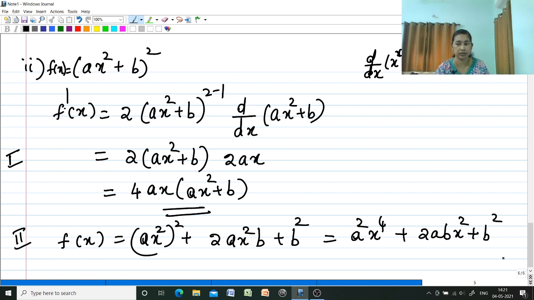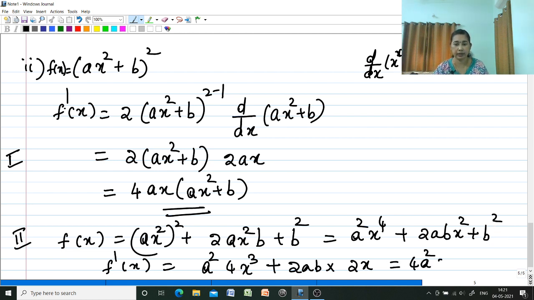Now find f dash x. f dash x is equal to, derivative of x raised to 4 is 4x cube. So a square into 4x cube plus second term, that is 2ab into 2x. Derivative of x square is 2x and derivative of b square is 0. So this is 4a square x cube plus 4abx, which is this itself. If you are multiplying this, we are getting same thing. So in any of the methods we can go for finding the derivative. Okay, then